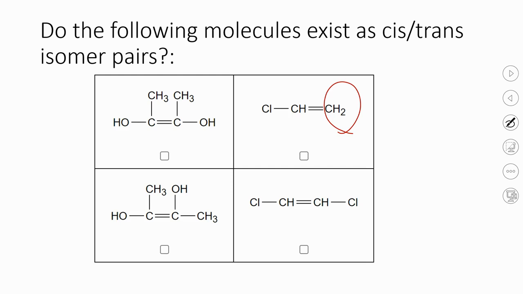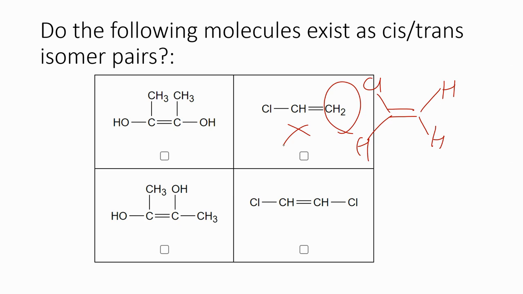So if we rotate that, it doesn't matter. There's only one group that, so like this one could be Cl up, H down, H down, H up. So if we flip this, that's going to be the same molecule. Okay, so that one's not true. Okay, this one. So can you see how both of the methyl groups are pointing up? If we flipped one of these,